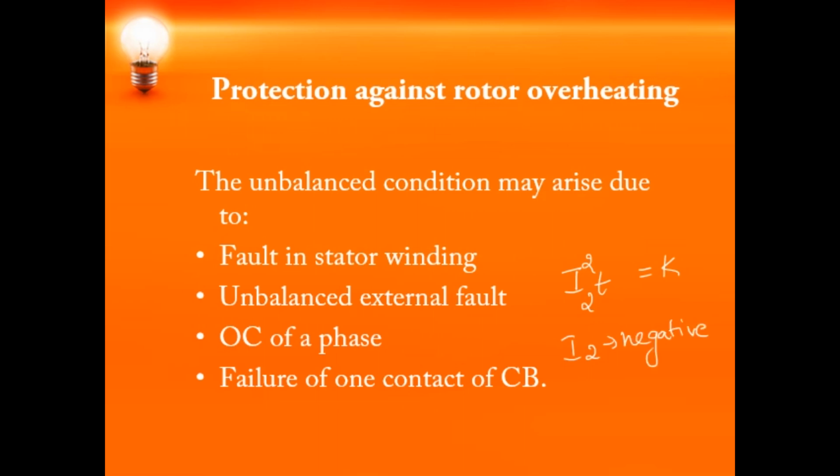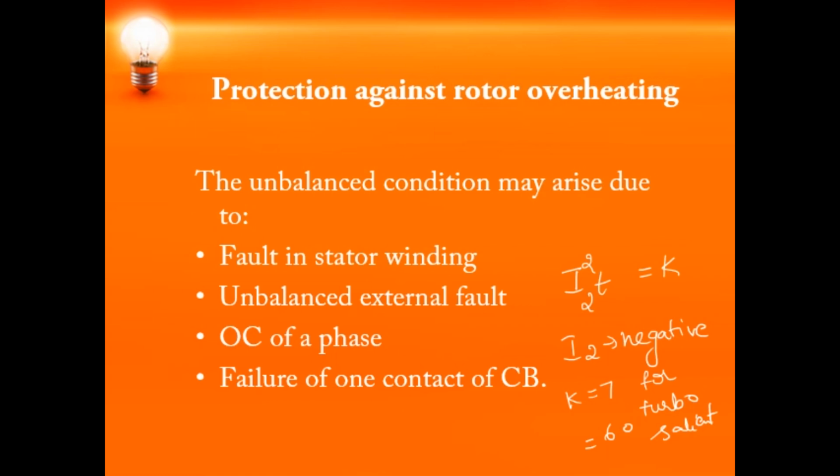K is a constant which depends on the type of the generating set and its cooling system. So K is equal to 7 for a turbo generator, whereas K is equal to 60 for a salient pole hydro generator.